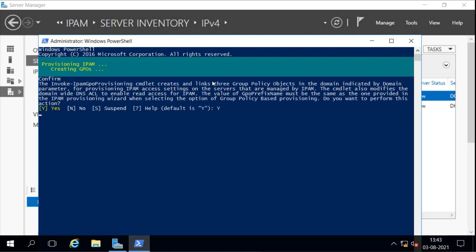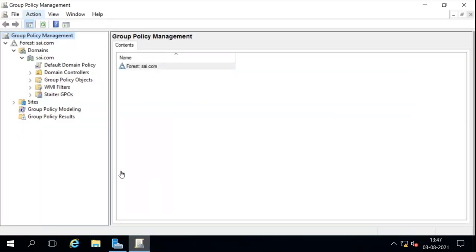Now what it does here is create the policies under the domain, in Group Policy Management. Now we have to make sure the policy is applied to all the servers which we want to manage. So after running that command, it will create policies here.